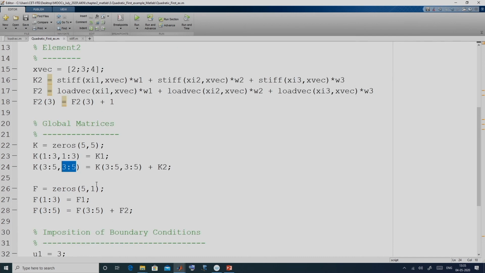Similarly, we do the assembly of the global load vector. Again here we have to do the adding, so that in the third row there is an entry from F1 as well as from F2.